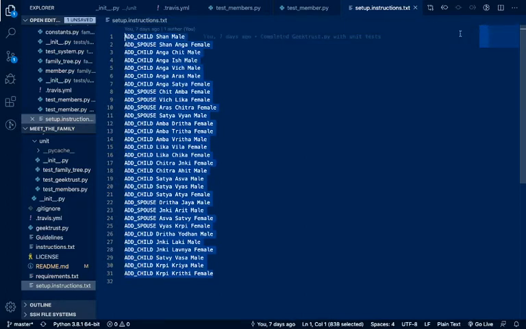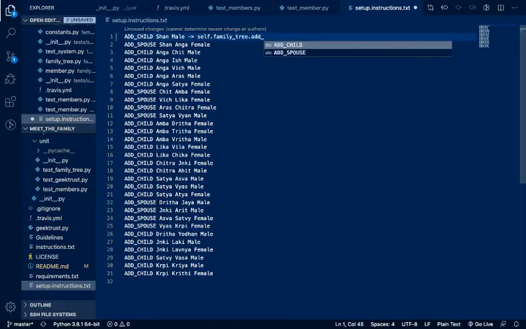So what we are going to do is, this serves as a perfect set of instructions for our integration test, right? We are going to see if all of this is converted correctly. For example, the first statement should be converted into self dot family tree dot add child, and it should have Shan male, right? This is what it should convert into.